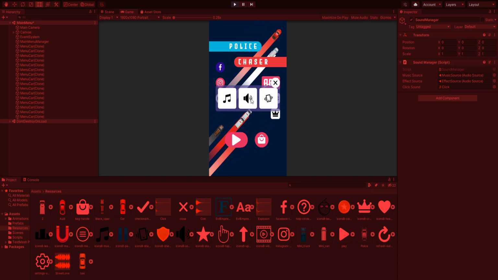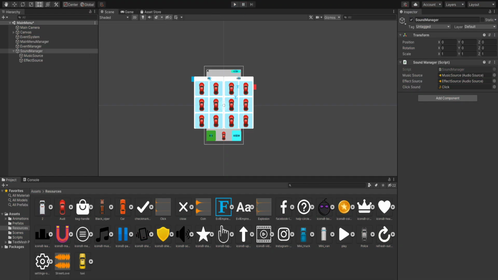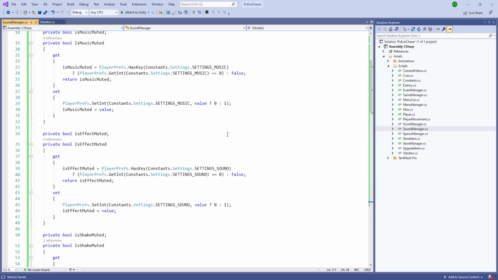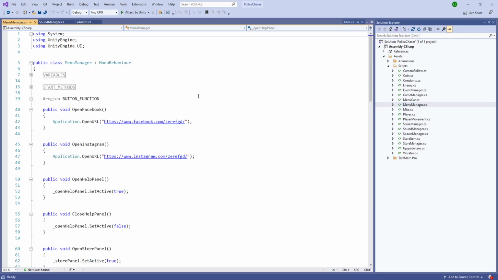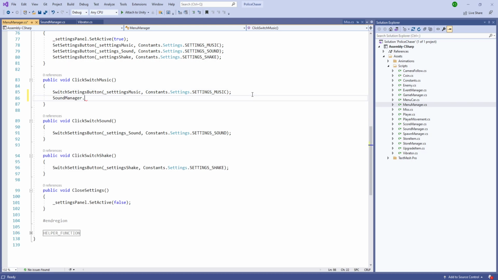and we are also able to have the settings, but the settings are currently not working because we didn't set it up, and we need to reset the settings whenever we click. So we'll go inside Visual Studio, and let's go inside our menu manager, and inside our menu manager whenever we are clicking the sound, we are just going to do SoundManager.Instance.SetMusic,